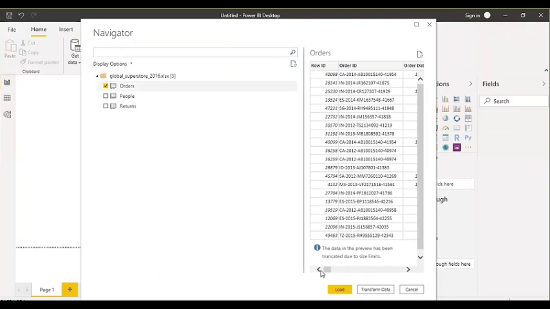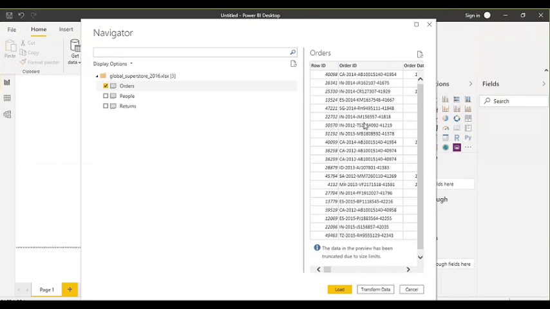That's why it is recommended to use at least 8 GB of RAM. It is just recommended, but the minimum requirement is 4 GB. So if you are working on a large data set and you do not have a good amount of RAM, then you may face some lagging or some data loading issues. Once you can see this data here, it means this data is right now in the memory.